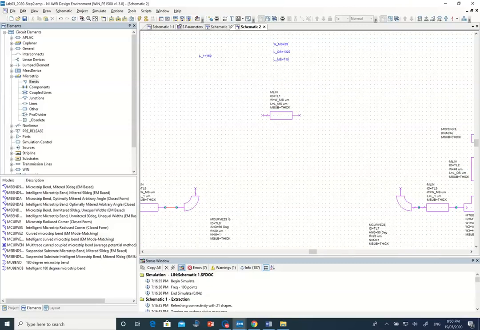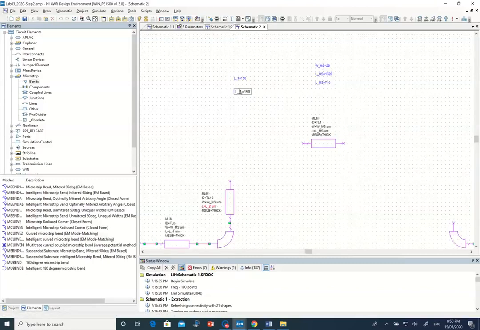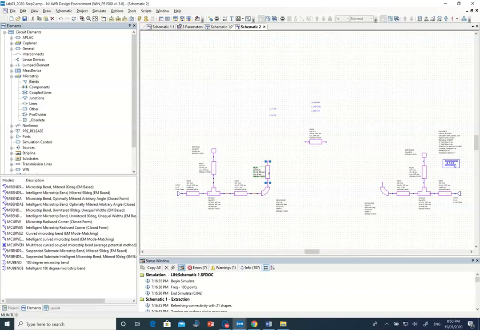So I have 150, 150, 300. So I want another line. I'll call it L2. I want another variable, copy paste. 100, or maybe just keep it 150, doesn't matter. Okay, so I have 150, another one here, and I need another bend, copy paste,